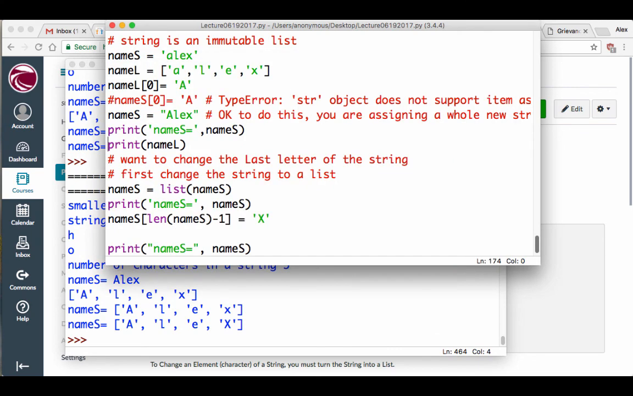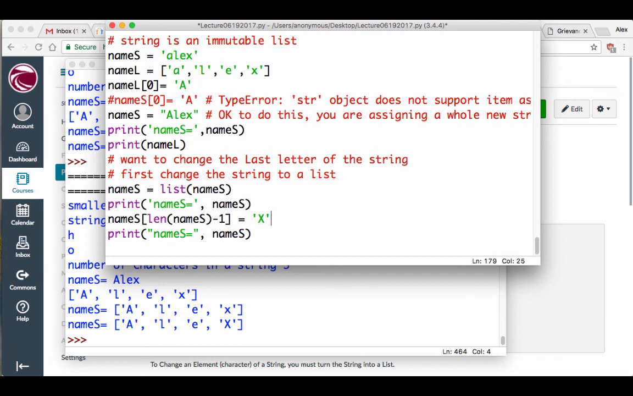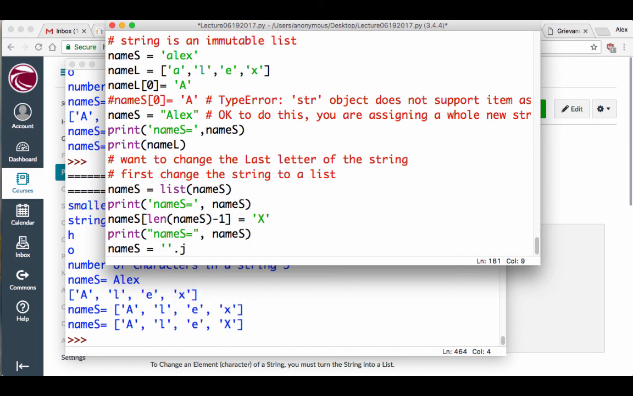Okay. So next step is I've got to convert this thing back into a string, its original form. And that goes like this. I say name S is equal to, let's see if I remember, dot join. So these are two single quotes. These are not double quotes. It's a single, right? And then I'm going to do join, and then I'm going to put the name of my